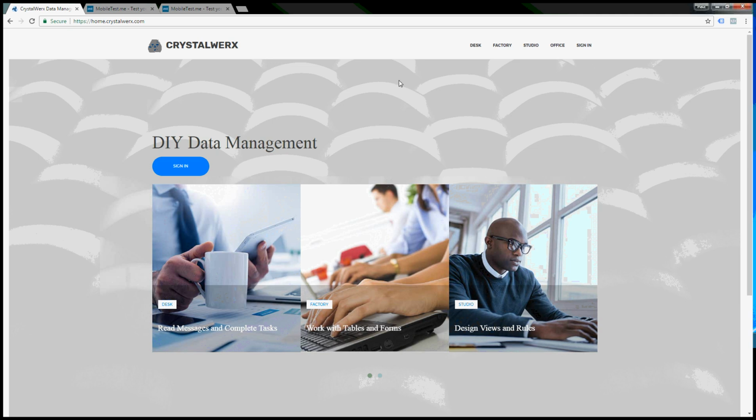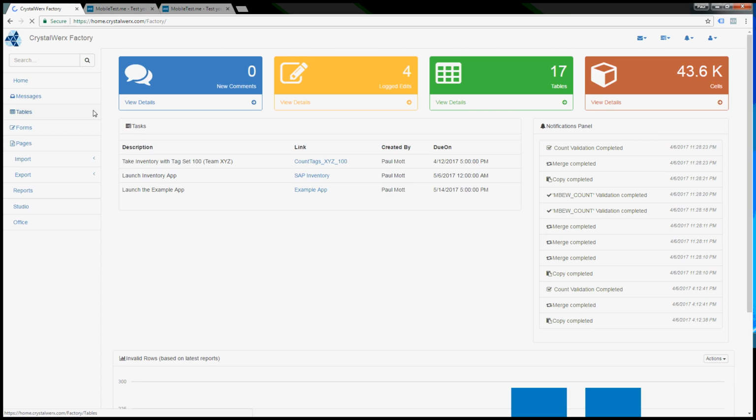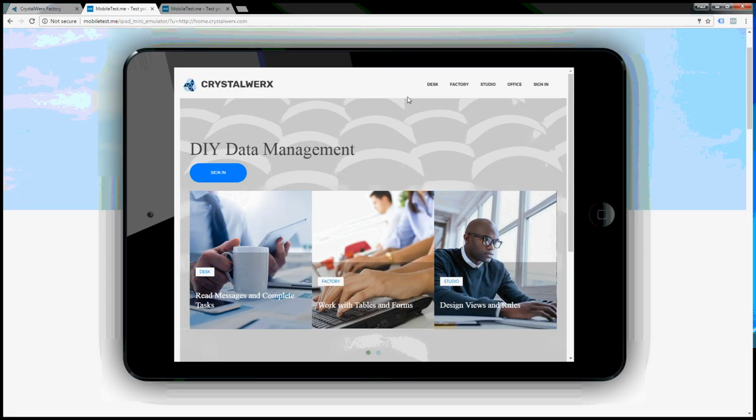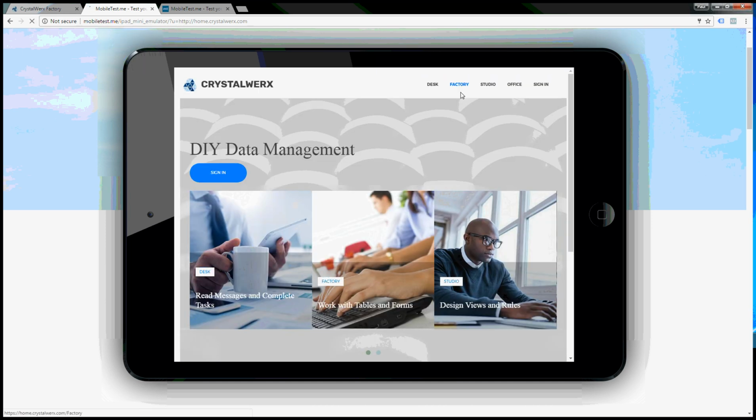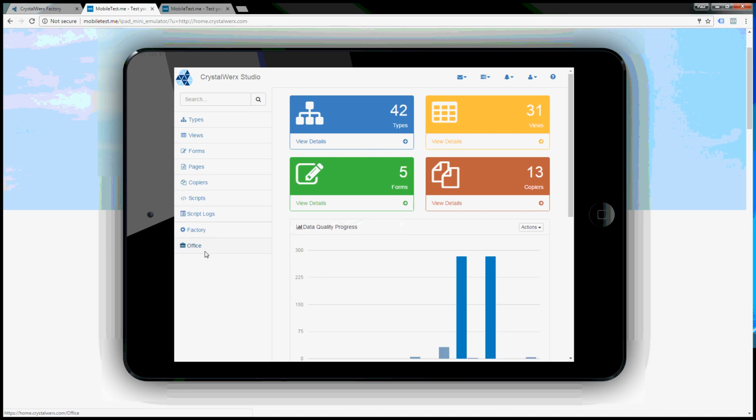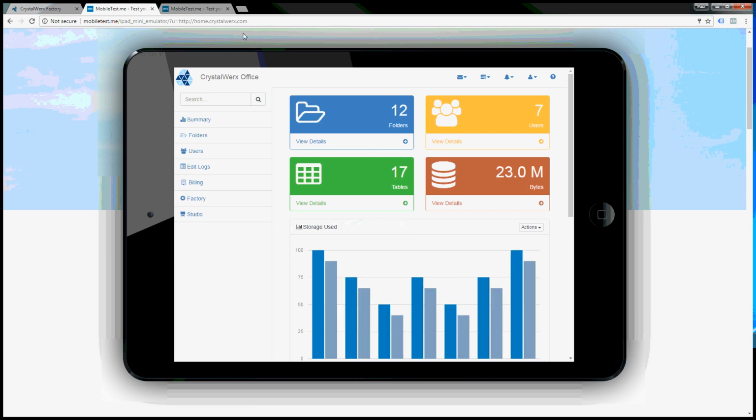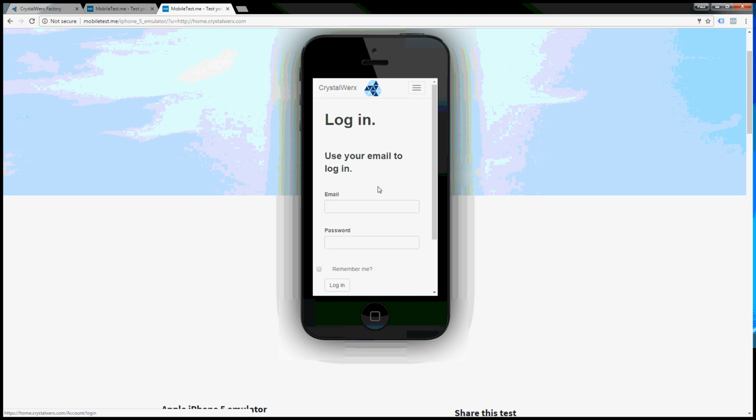So we've tried to make CrystalWerx very easy to use and very pretty and very much capable of working nicely on a tablet. So here I'll sign in on a tablet. And we'll poke around here on some of these things: the factory, the studio, the office. And similarly, if I was on a mobile phone and I wanted to sign in here,